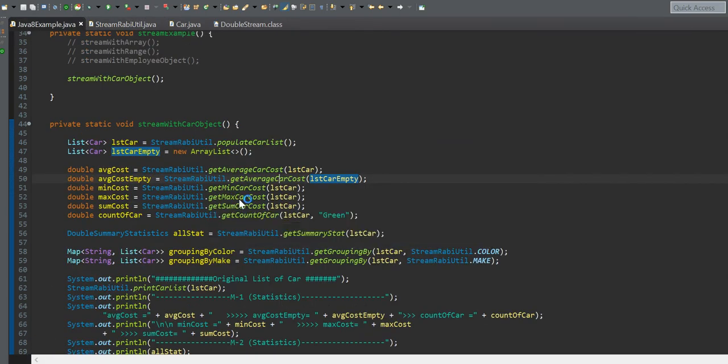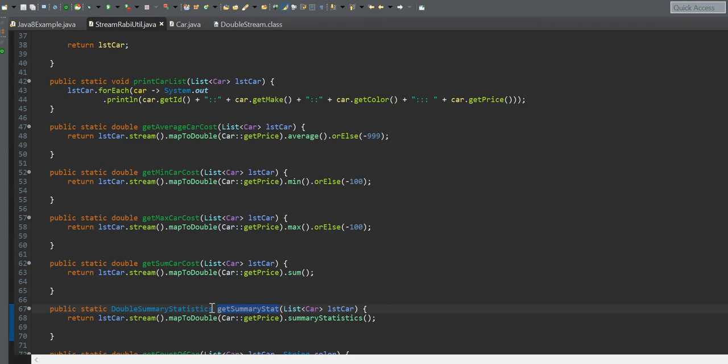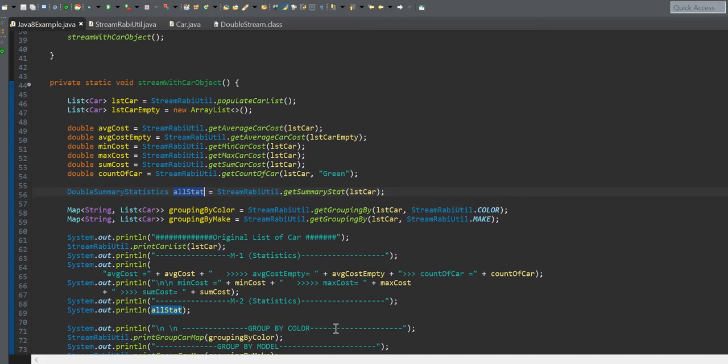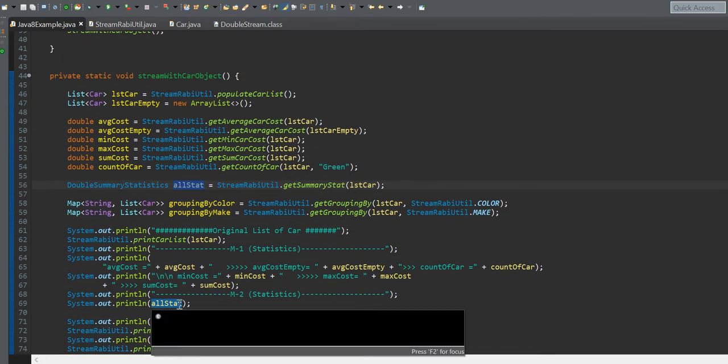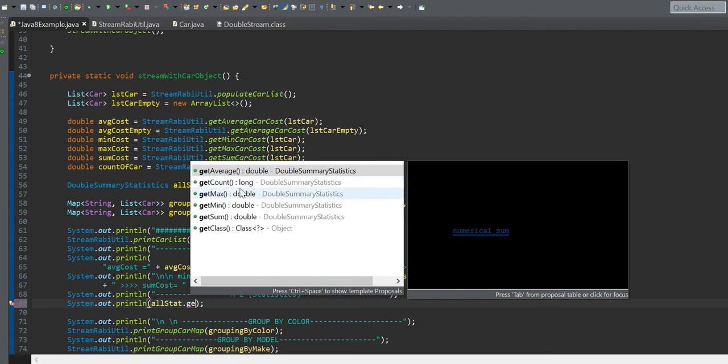And for group summary statistics, we will get map to double summary statistics. From the stat you will get anything like get average, get count, get max.